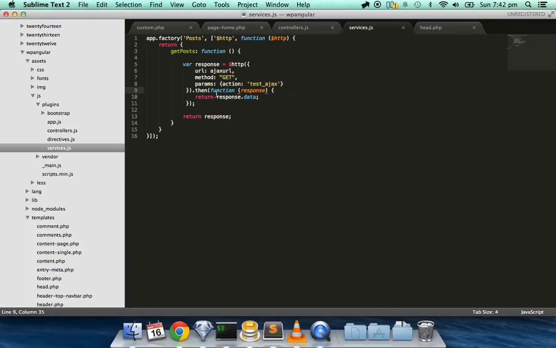So back in our services, we say, okay, .then, and .then means, okay, afterwards, what we're going to want to do is return a response. So the response is our JSON encoded PHP array of posts. So we're going to return response.data, and data is just